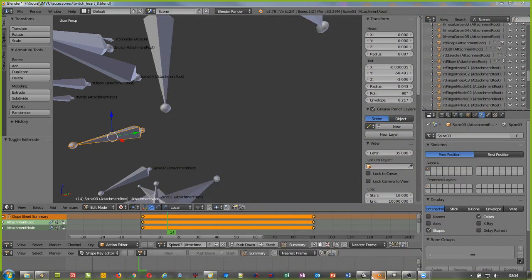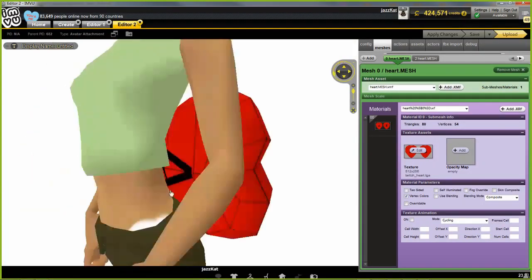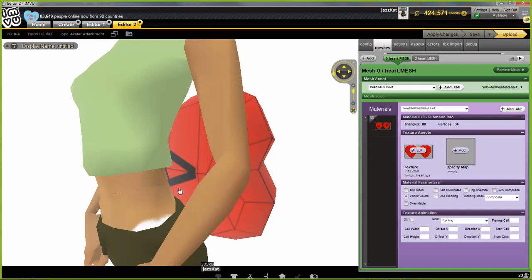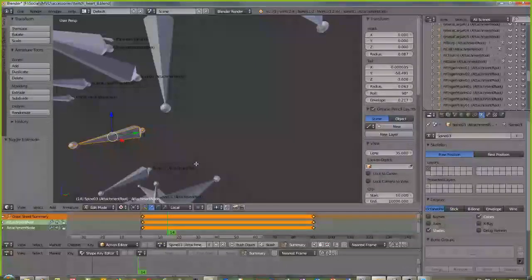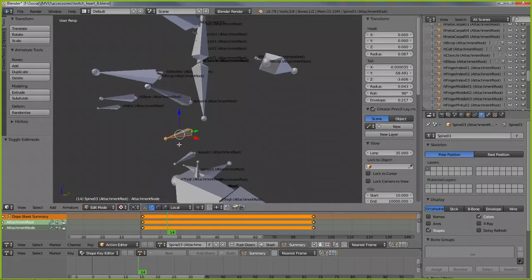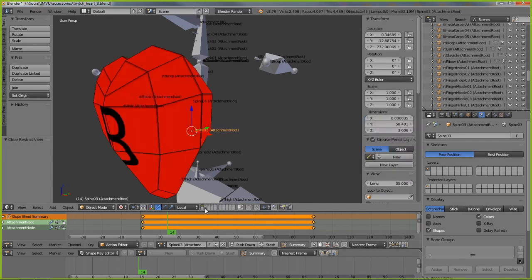But in IMVU, it's still appearing like this. So it seems that when you export from Blender, you have to double check. This is for accessories that have any form of animated object, where the mesh is animated. I have to double check